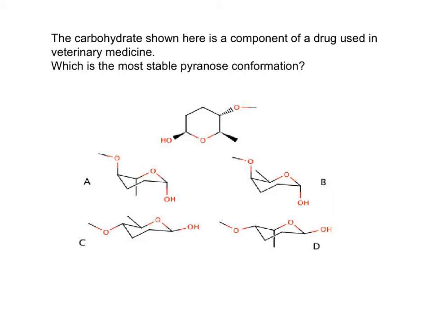This compound is a drug used in veterinary medicine. Stop the video and identify the most stable conformation. Remember that equatorial substituents are more stable than axial, so the answer is,